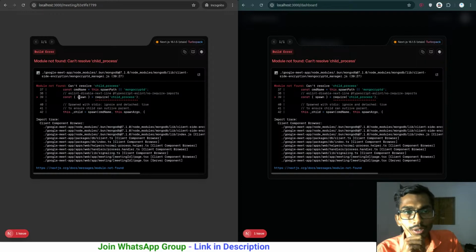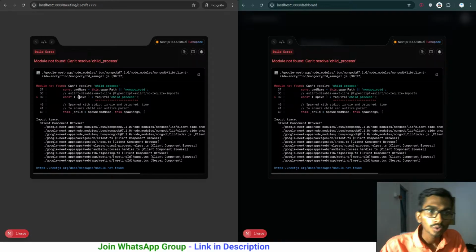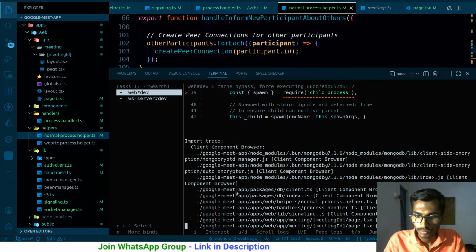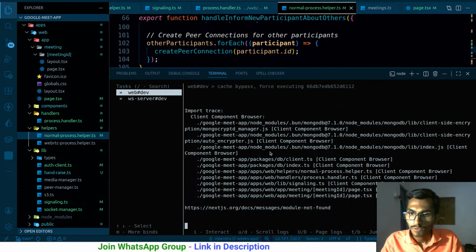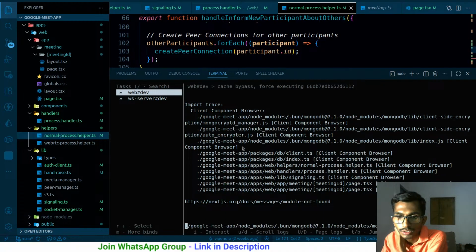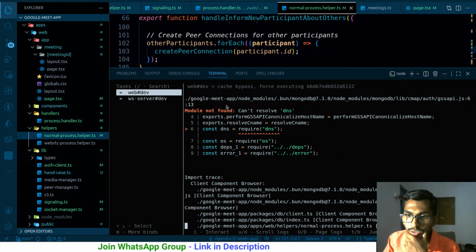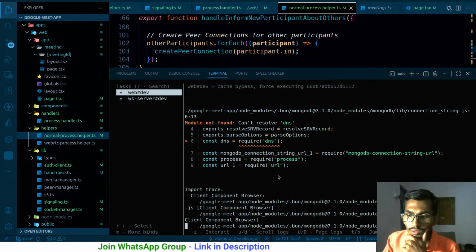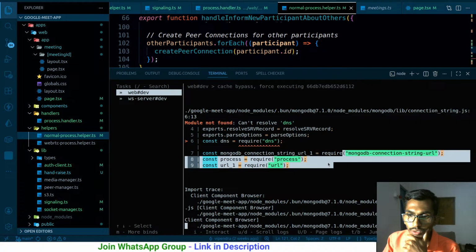What is the problem here, bro? Module can't resolve child process, required child process. Where is this? MongoDB lib client. This is what require child process, client component this. And why am I getting this error? Can't resolve DNS, require MongoDB connection string URL process dot this,